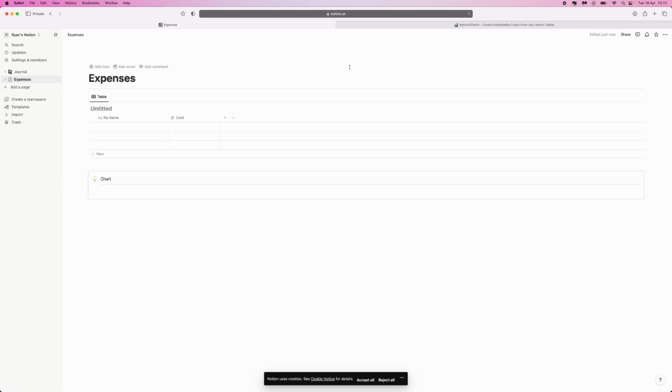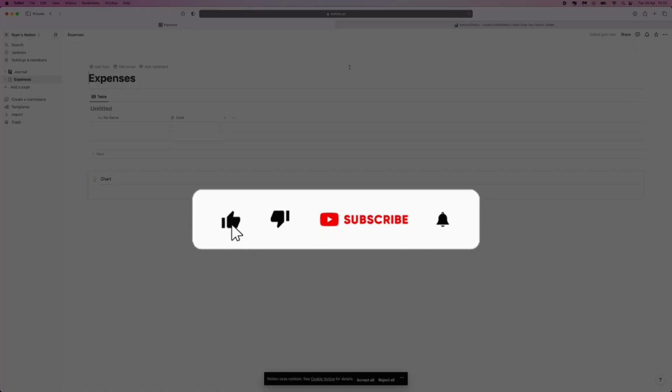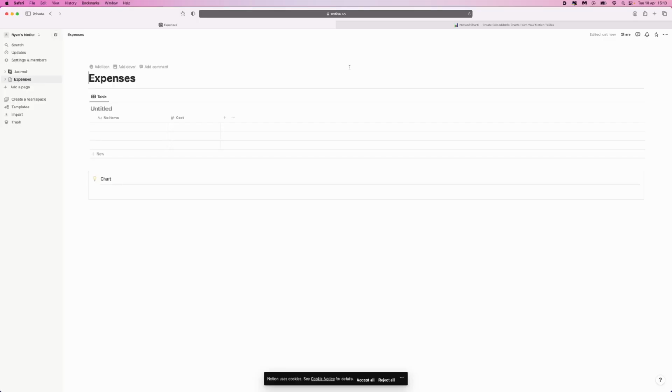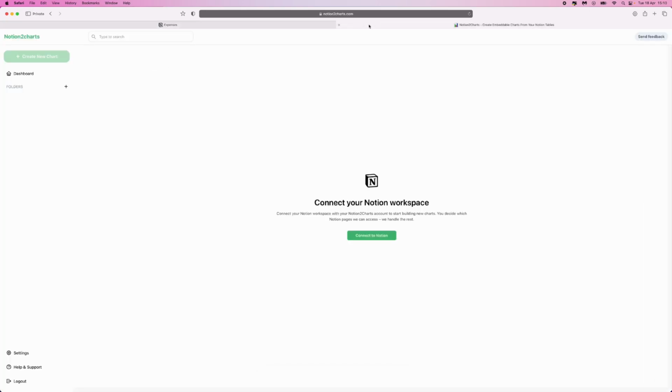Today I'm going to show you how you can add a line chart, a bar chart, or any other chart to your Notion. So first of all, what we need to do is log into our Notion account, and then head over to a website called notion2charts.com. Once you are on notion2charts.com's homepage and you've created an account, you'll need to click on Connect